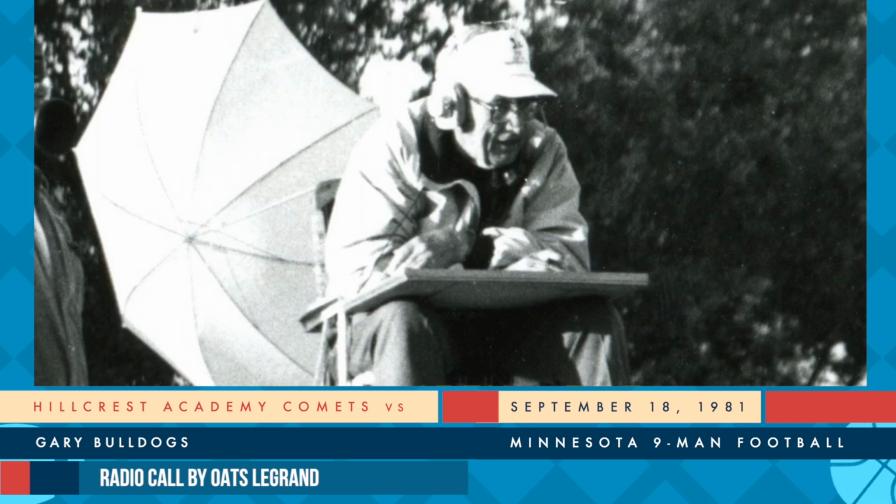The last time Bang blocked it. That's Mark Bang. Wold back at about the 30. This kick, a high kick. Wold will pick it up at the 35. Near side to the 40. Now he cuts back into the middle, over the 35 and down to the 34 in the territory of...